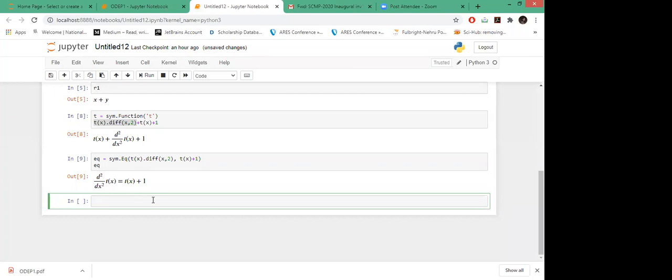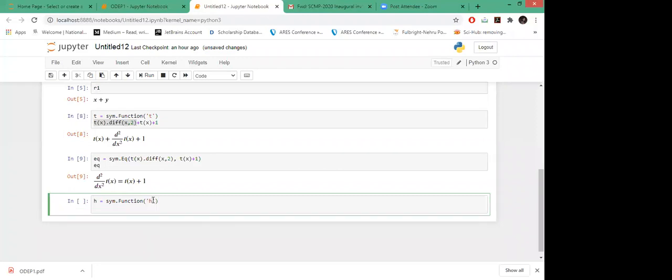For that, there is one function in which if you pass your equation, you can easily classify your ODEs. Okay, but how do you need to pass it? Suppose I have this h as my function, and then I'm defining it as an equation, and then I will pass it in the classify_ode function.